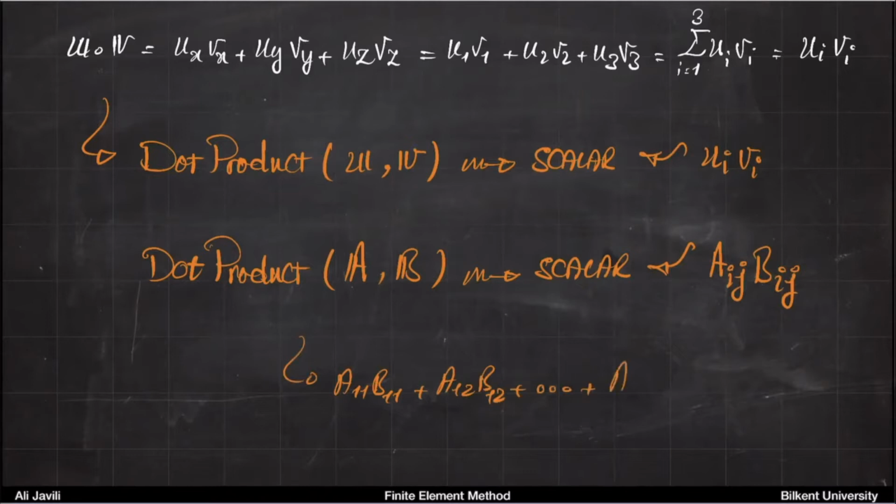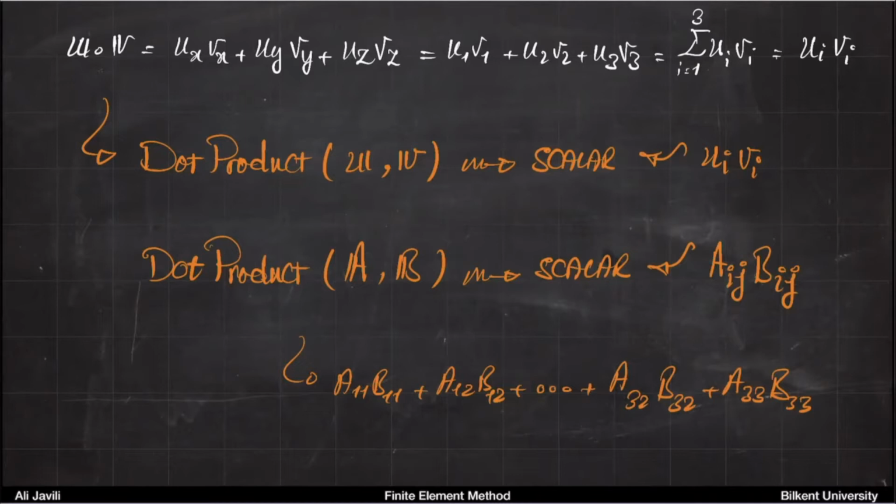So a23 b23, and sorry, a32 b32 plus a33 b33. Okay, so you just have a summation over pairwise multiplication of components of both matrices, and we call this also